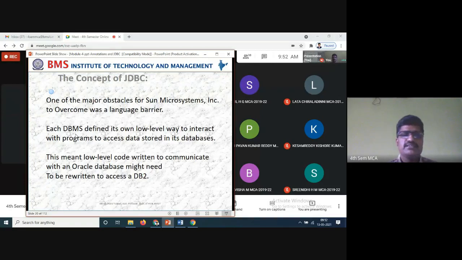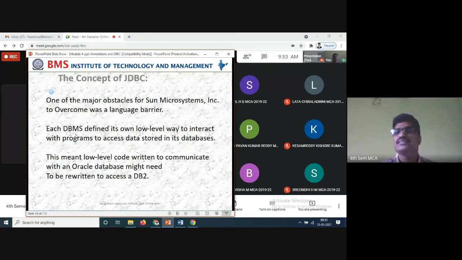This means low-level code written to communicate with an Oracle database might need to be rewritten to access a DB2 database. So once you want to use DB2, your backend changes. You have MySQL, SQL Server, and even MS Access.